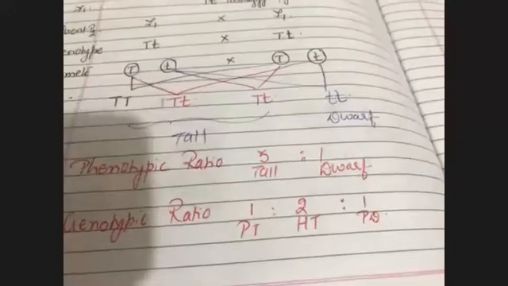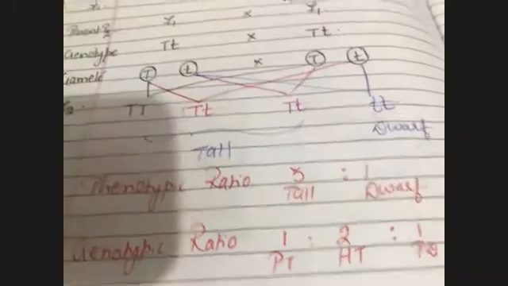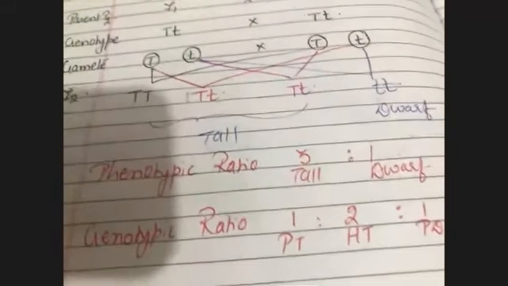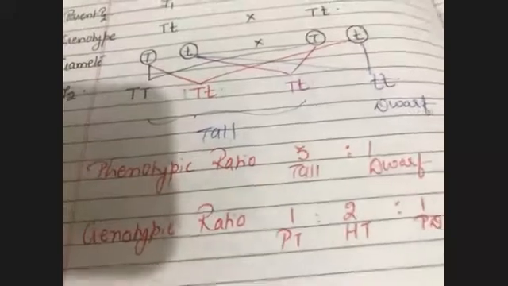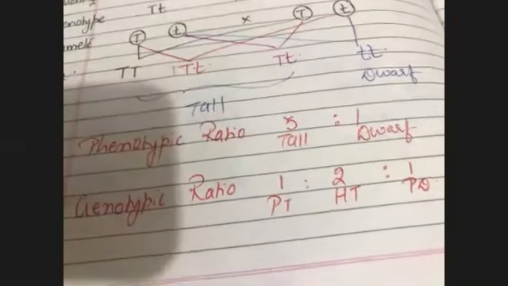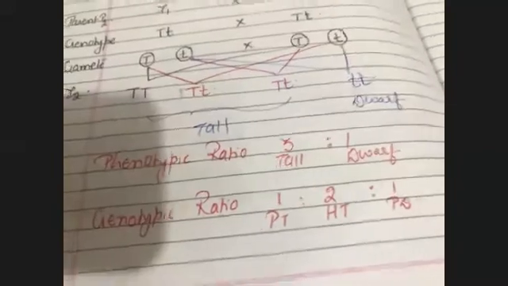Last one, ma'am. When you come to my residence, you will see my mama is short, my daddy is tall. Correct? So you come to know my genetic constitution, that there must be some dwarfness character hidden within me. Because mama is short, that character must be somewhere in me. Even though tallness is dominating, that character is there hidden within me. So when you are studying that in detail, that time we call it a genotypic ratio. You are studying the genetic makeup. When you are studying the genetic makeup of an organism, you call it a genotype.